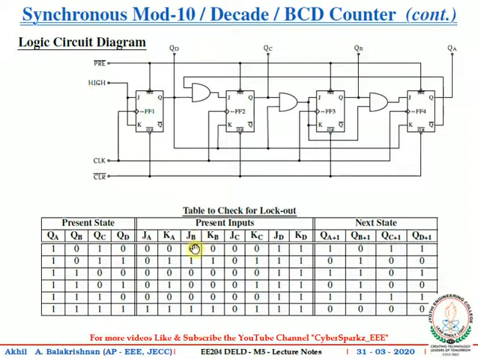For the third flip-flop, present state is 0 and JB, KB inputs are 0, 0, and hence next state is also 0. For the second flip-flop, JC, KC inputs are 0, 0. Since QC is 1, QC plus 1 is also 1. For the first flip-flop, JD equal to 1 and KD equal to 1. Since QD equal to 0, QD plus 1 will be equal to 1. Similarly, we have to analyze the present inputs for each present state, and based on that you have to complete the next state. I completed the table for all the 6 invalid states. Now continue with the simulation.